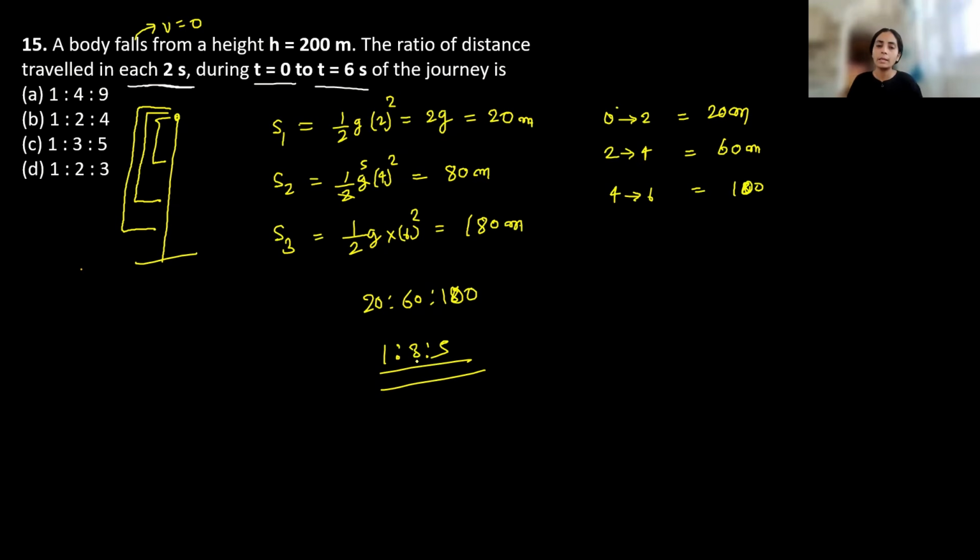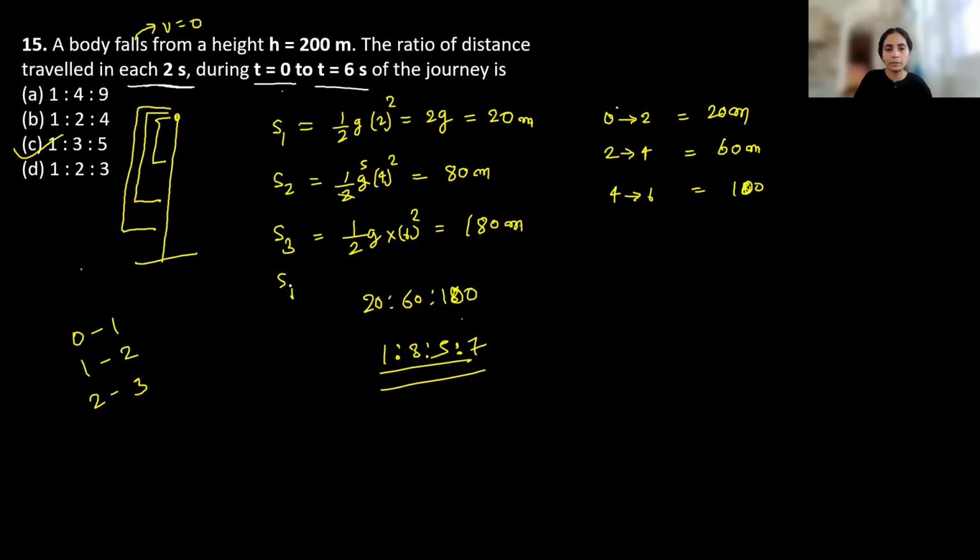This is going to be this one. और अगर आप 1 सेकेंड के इंटरवल पे भी निकालते, जैसे 0 से 1 सेकेंड, 1 से 2, 2 से 3, you will be getting the same ratio. Odd ratio ही हमेशा मिलता है, always remember. So यहाँ पे अगर you have history of solving kinematics, you already know that this is going to be 1:3:5. And अगर तुम्हारा 6 से 8 सेकेंड की भी बात होती तो तुम्हारा यहाँ पे 1:3:5:7 आता।